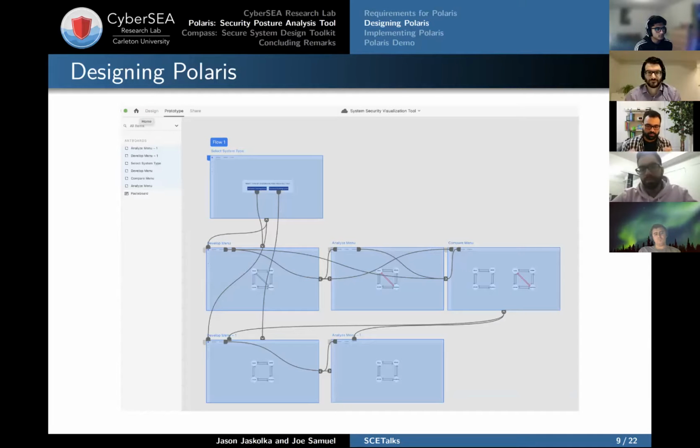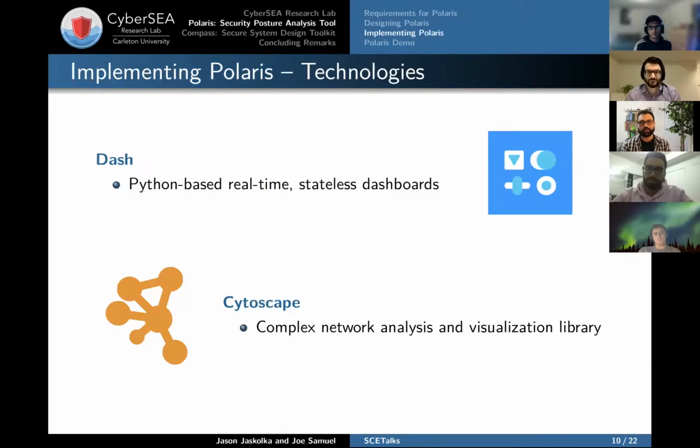So putting things together in a rough form can help us iterate quicker and reduce the development time and the time spent going back and forth, right? And so this was a key part to see what could work, what couldn't, and what makes sense and what doesn't. So now that we had an idea of a framework of what we wanted to implement, the next step was technologies, right? How do we actually go about implementing this?